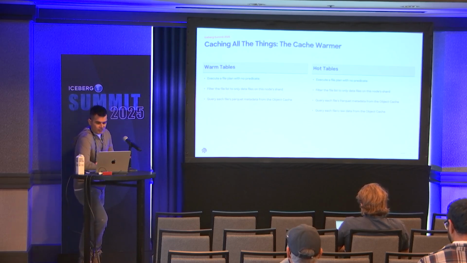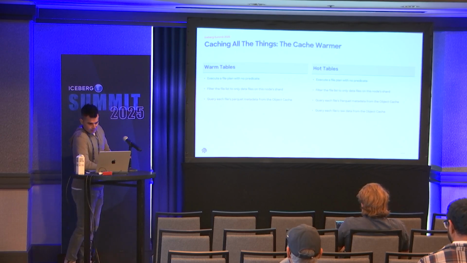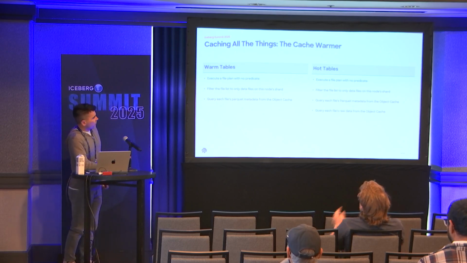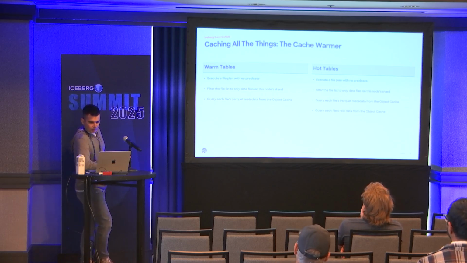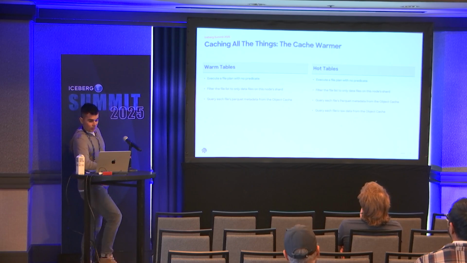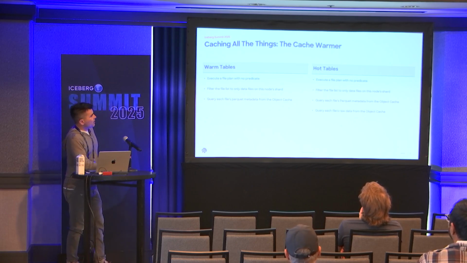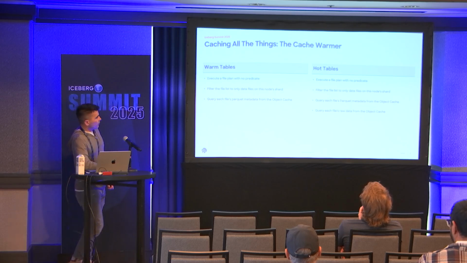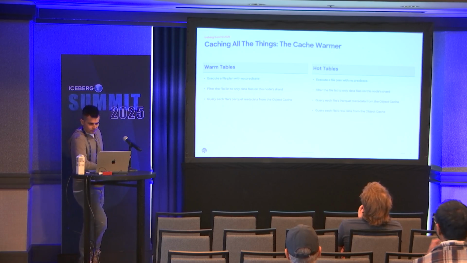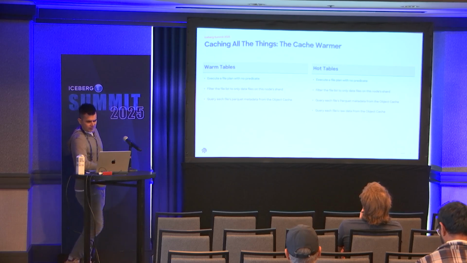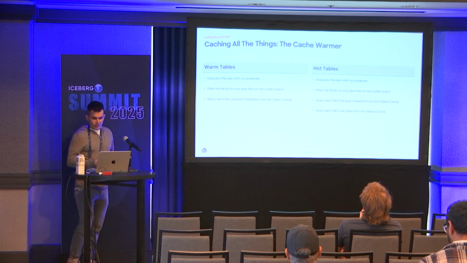So we extended Cheetah with a cache warmer thread that runs in the background. And we have this kind of two-layer concept of warm and hot tables. So when we add a table to the warm list, we're effectively keeping the metadata warm for those tables. And we also have a shorter hot list as well, where we keep the data warm as well as the metadata. And so to warm the metadata cache for a table, all we need to do is perform a file